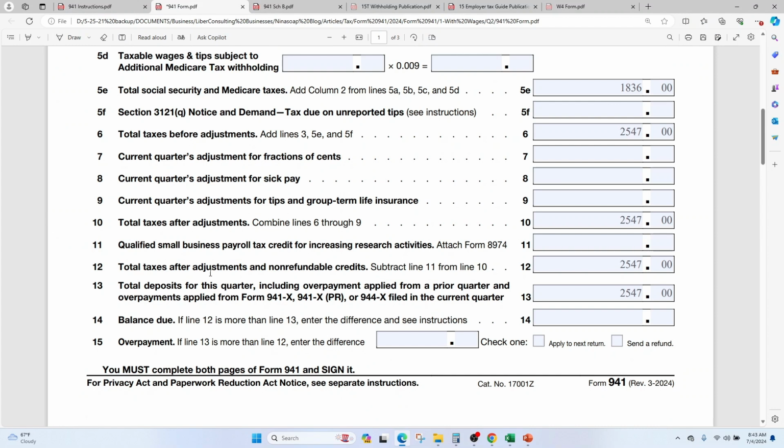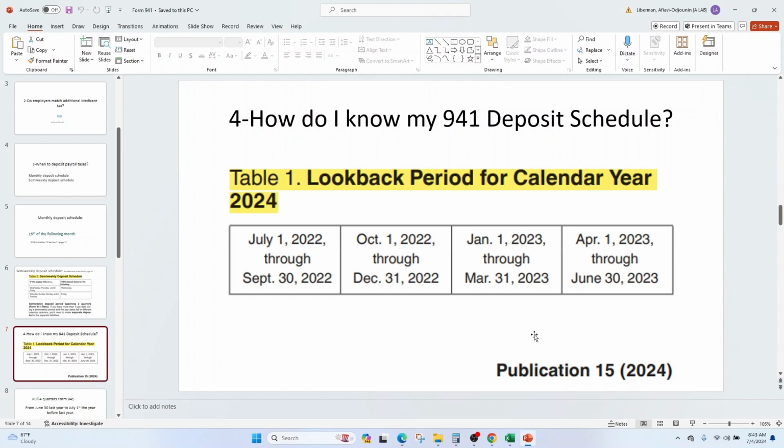Line 12 is total tax after adjustment and non-refundable credit. So if line 12 on those 1, 2, 3, 4 quarters that you filed between July 1st, 2022 to June 30th, 2023, those 4 quarters,